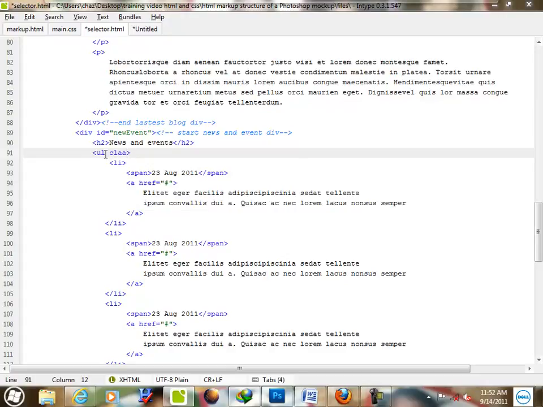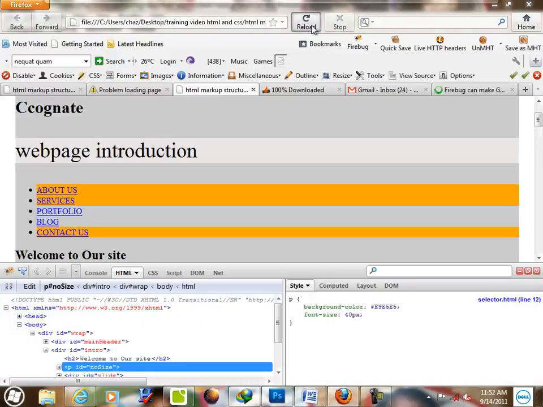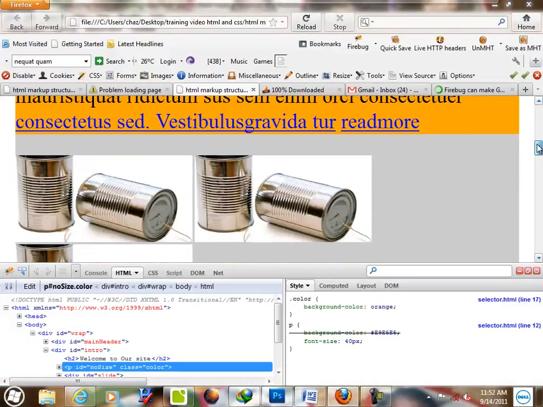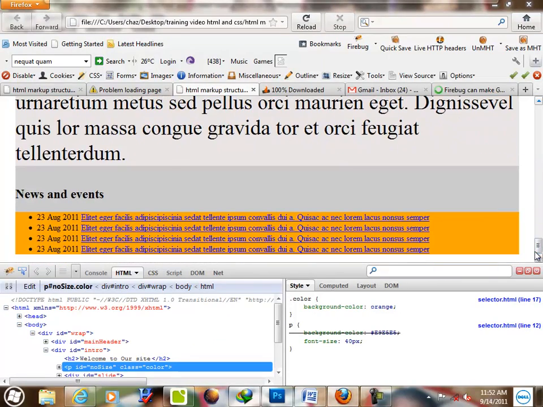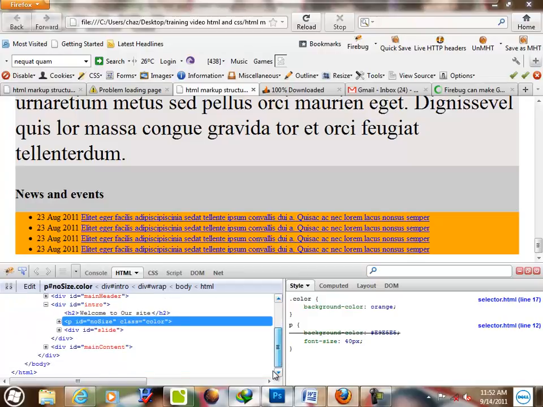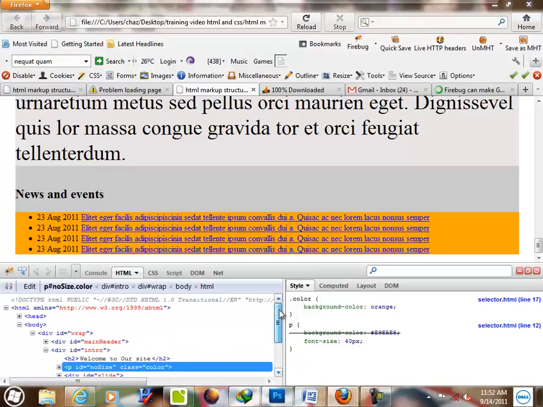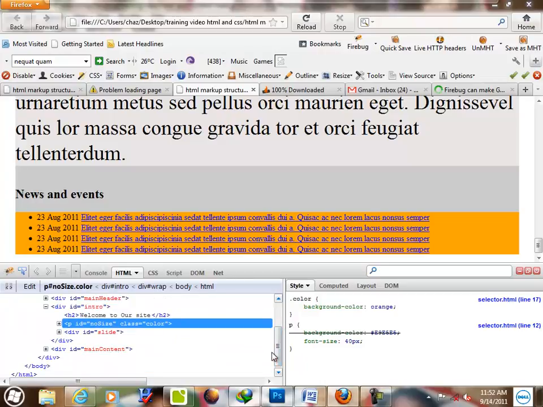class color. I'll say if we go back to our page, refresh, and just scroll down, you could see. So a class can select virtually every different kind of HTML elements on your page. So a class can be used to select a group of HTML elements on your page. So that's the end of the class selector,